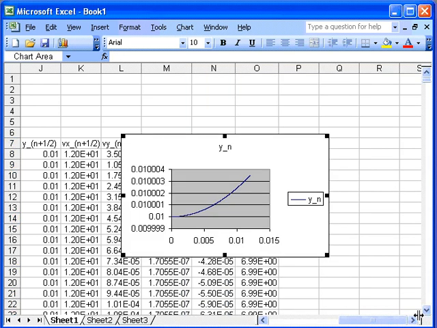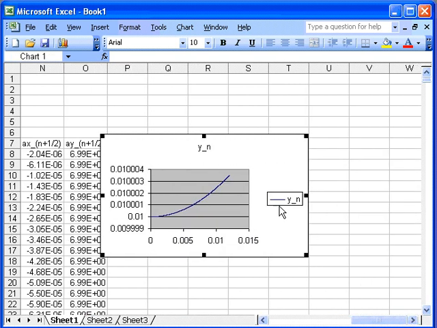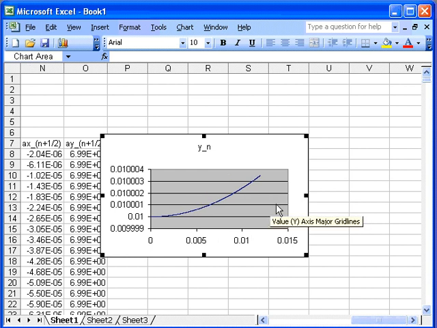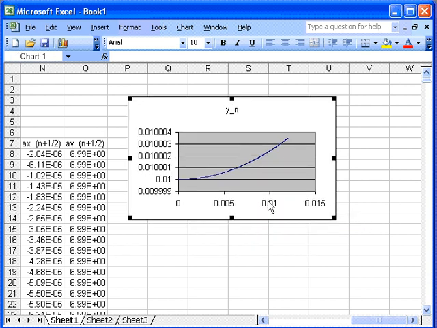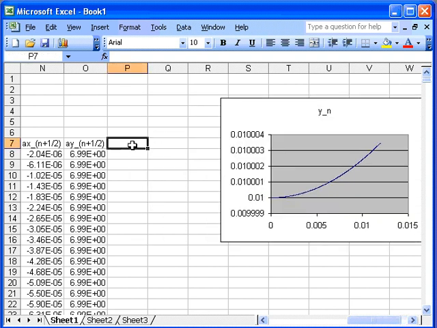Finish. Let's see what that looks like. Gotta get rid of that. Fix up the titles, but I know this is just my trajectory. I think what I want to do is put that square on there,